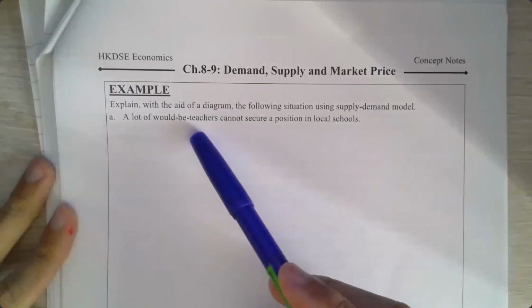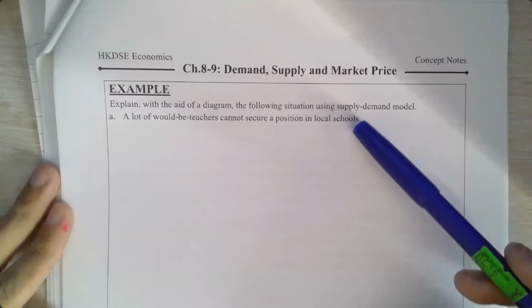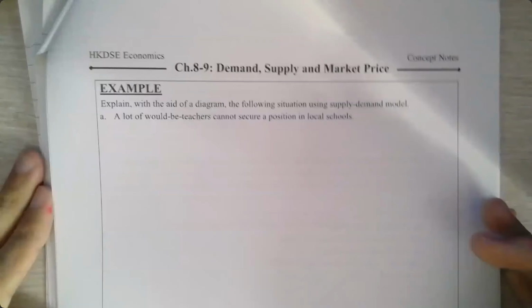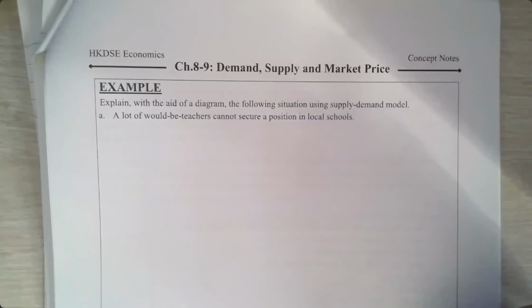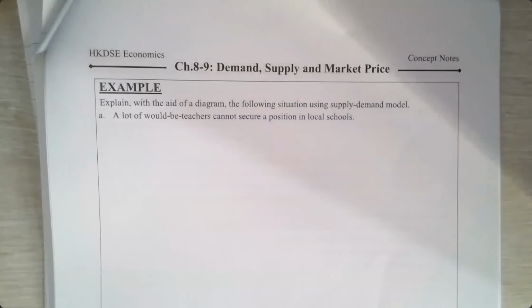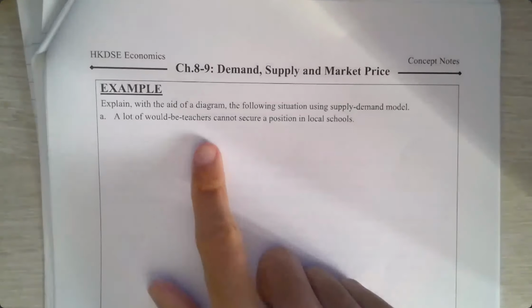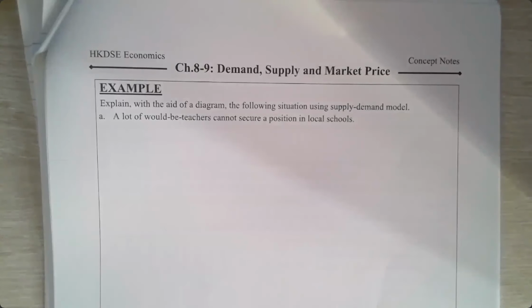Okay, 好啦 a lot of would-be teachers cannot secure a position in local school。有好多老師啊，原來想做老師但係揾唔到工喎。嗰陣時，而家唔會啊，而家好易揾工啊。以前咧，some years ago, the year before I joined St. Joseph's College, right, it was actually quite difficult to find a job as a teacher。嗰陣時咧，冇乜教職啊。